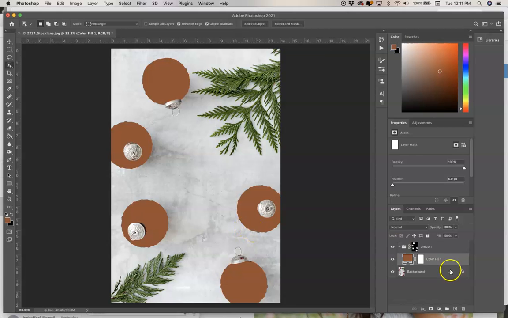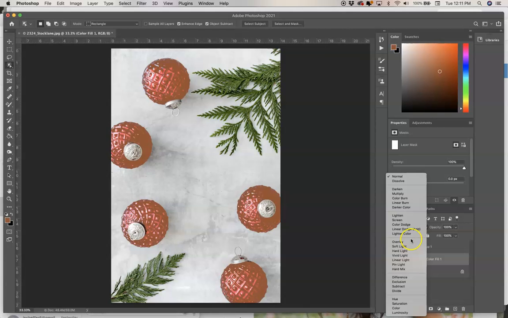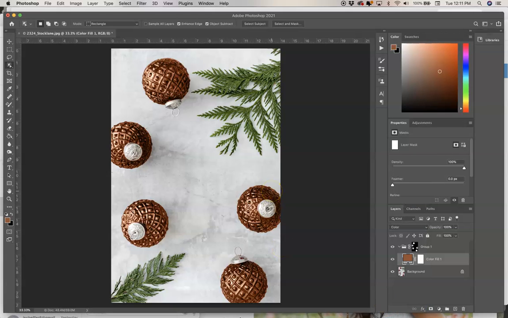We need to add some dimension to them. So we're going to use the blend layers here. And then I go all the way down and we'll either choose hue or color. In this case, I'm going to go with color. So this is looking pretty good right now, but if you need to make any additional adjustments, you can add